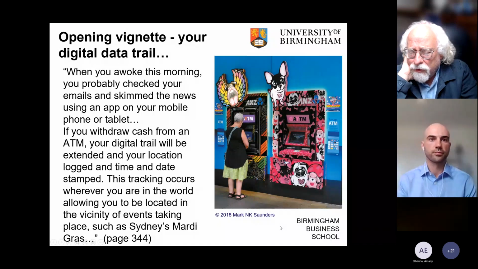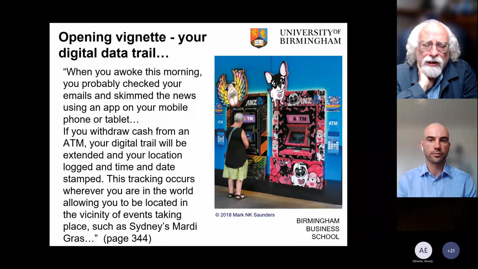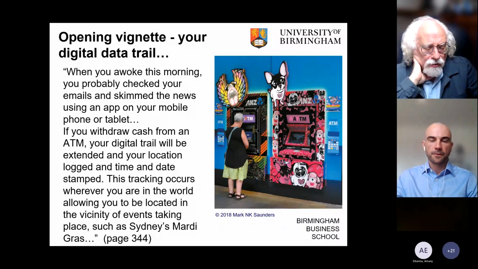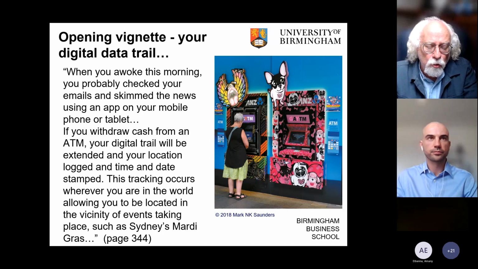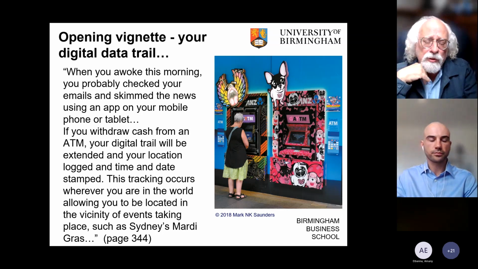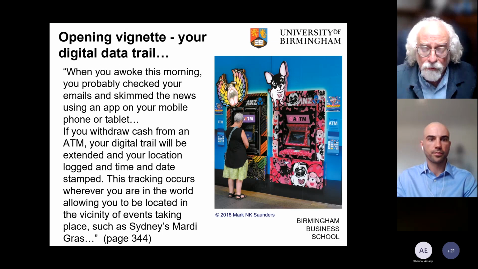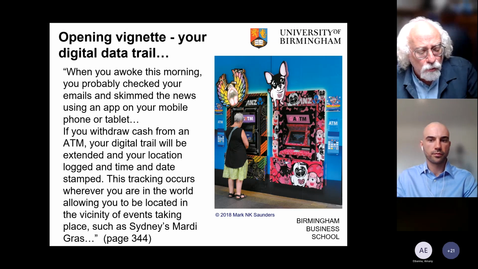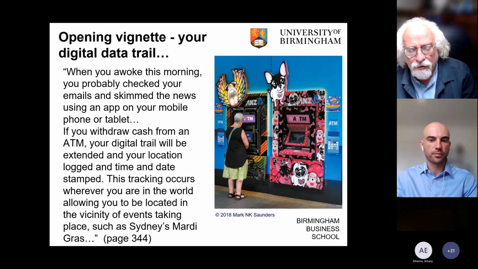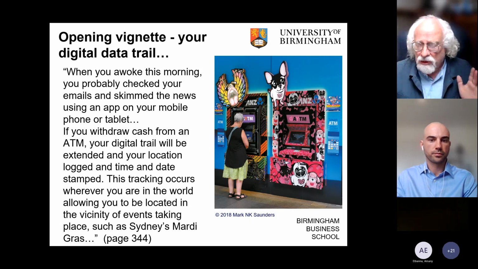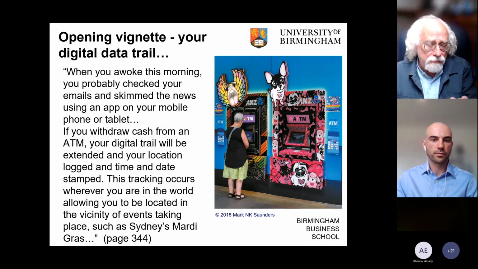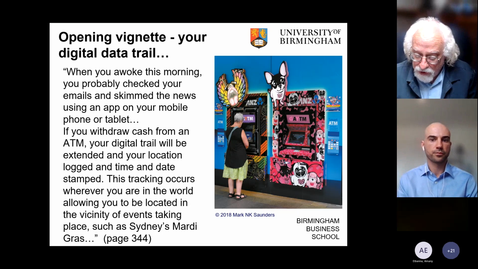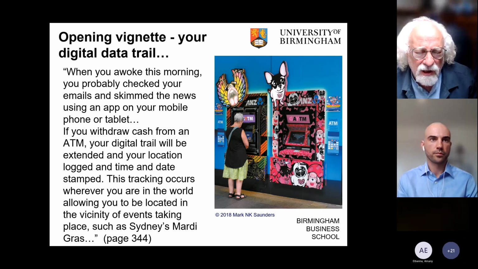Another example is used in the chapter on using secondary data. And here what we're trying to get over to students is the fact that there's so much data out there which is already collected by others, which we may be able to use for our own research. So we're talking here about digital data trails and how each time you attend a lecture, take money out of the ATM, etc., you're increasing your digital data trail of where you've been. We link it into visiting the library and things like that.